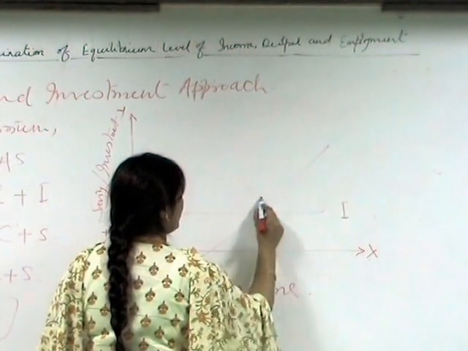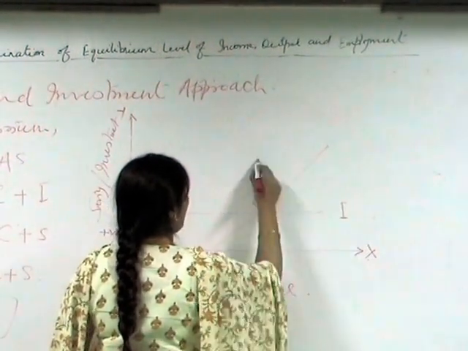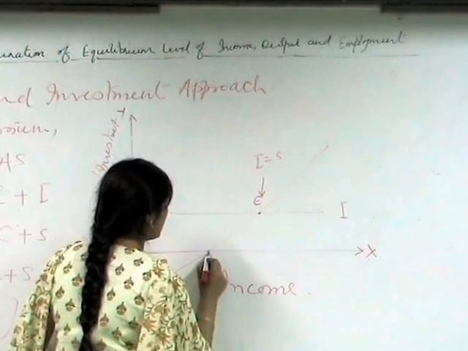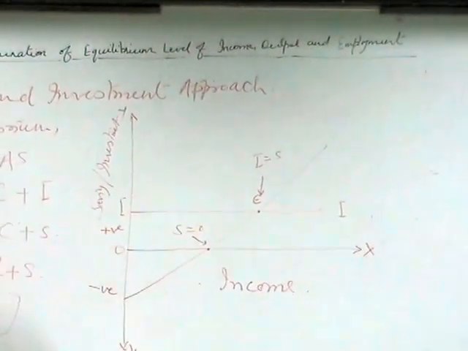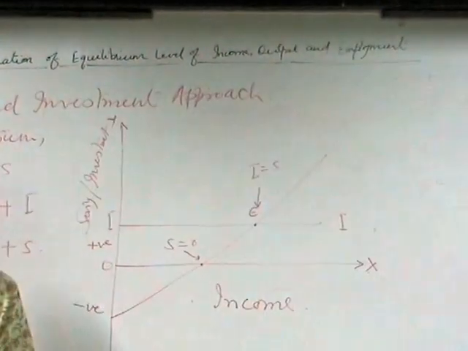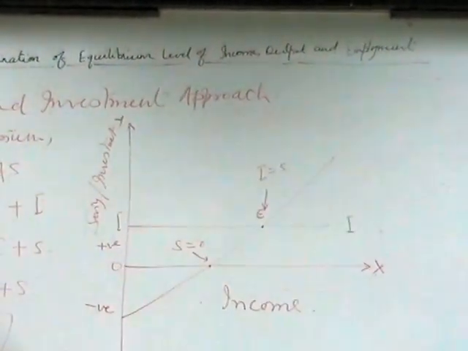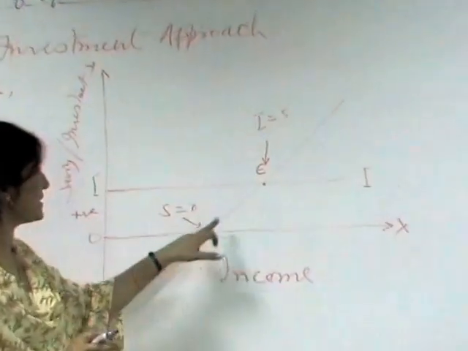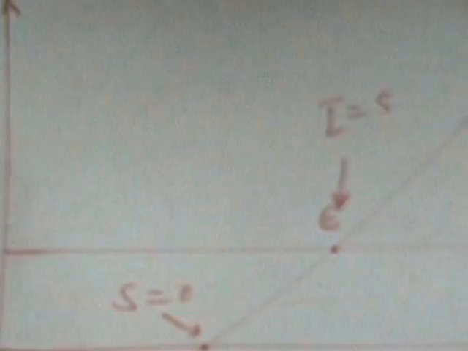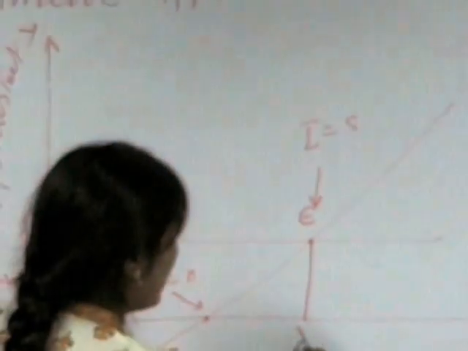And this is the point E where I is equal to S. At this point, saving is 0. You remember the saving is now starting from minus 30, minus 15, then 0, 40 in that way. So that is the negative part, the minus part is coming here, then the 0, it is touching the x-axis and then the positive part. So for equilibrium again we will put a perpendicular.